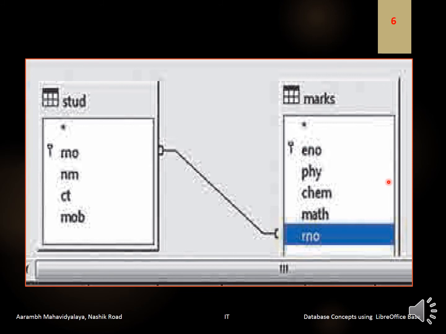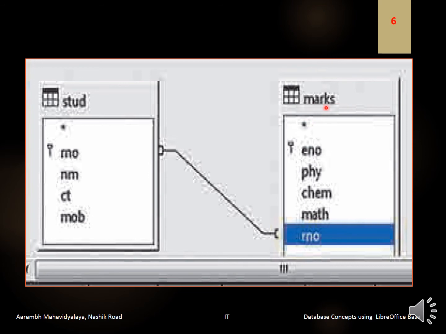The next step is to create the relationship between the two tables. We have selected two tables, stud and marks, and the common key, that is the primary key in the stud table, is R number, that is the roll number. Here you can see that this key is displayed, and the stud table has other fields as name, city and mobile.